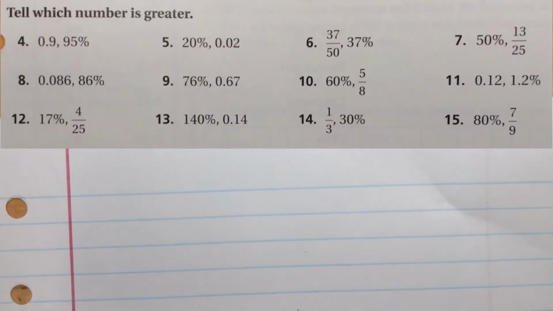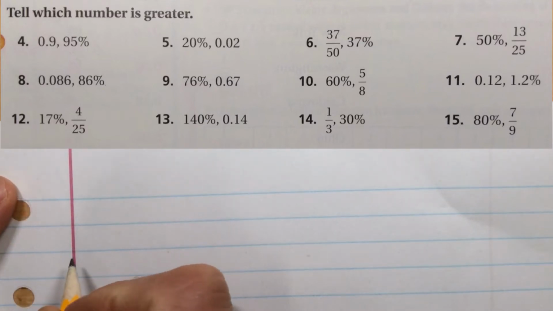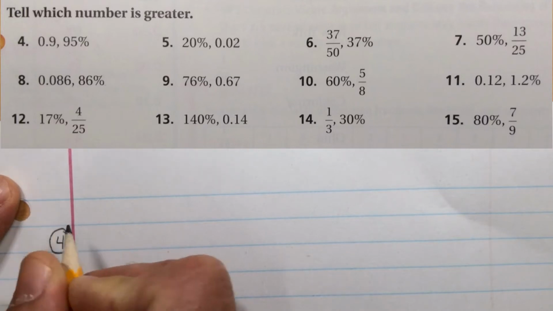Okay, well, this is some review to go along with section 6.2 or lesson 6.2. And we're talking about percents here. And here, for numbers 4 through 15, we're just telling which number is greater. But they're giving us the numbers in two different forms. So the first one,